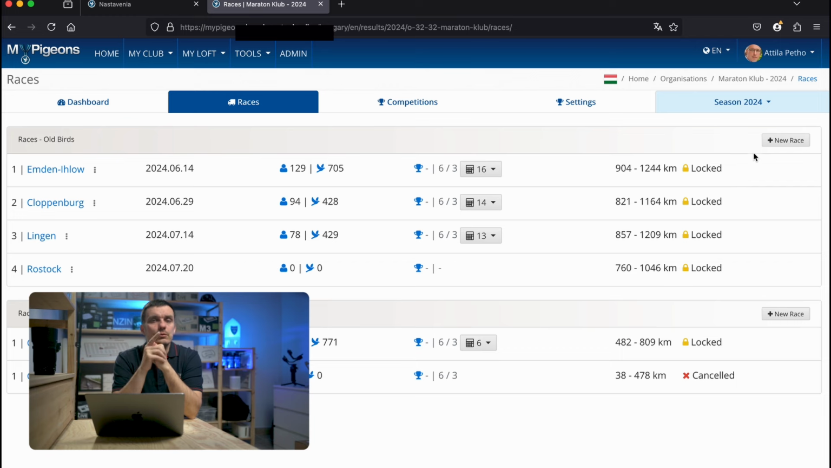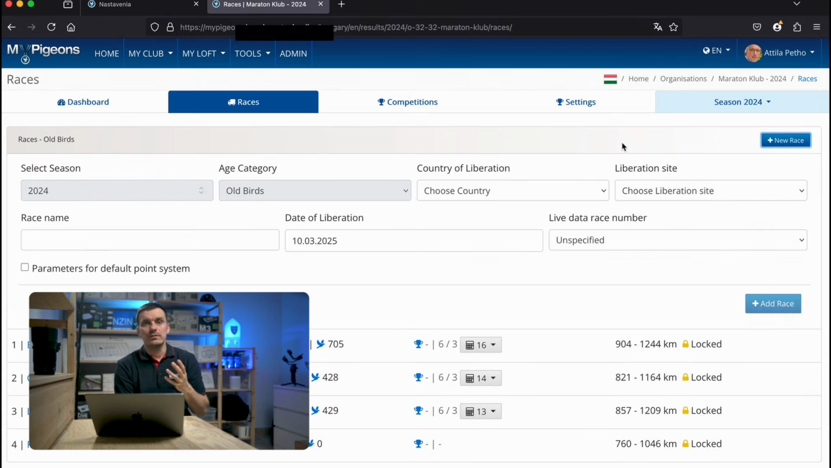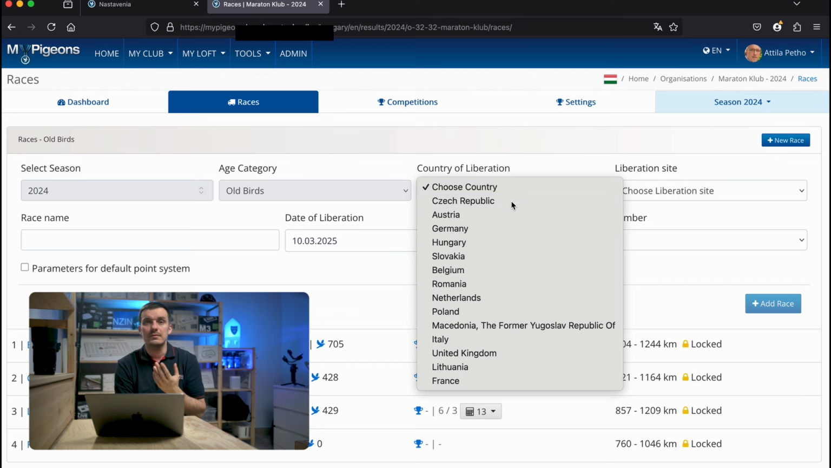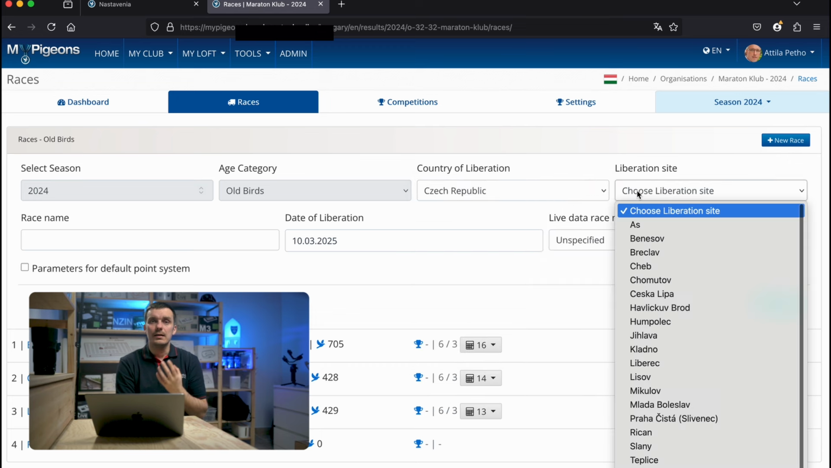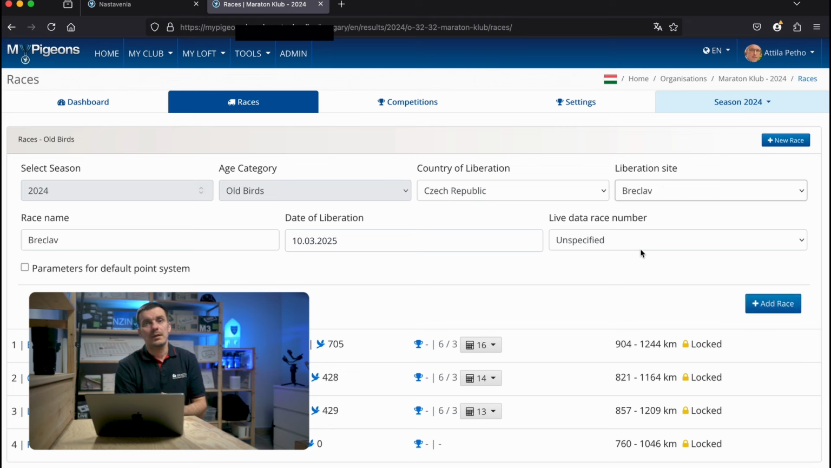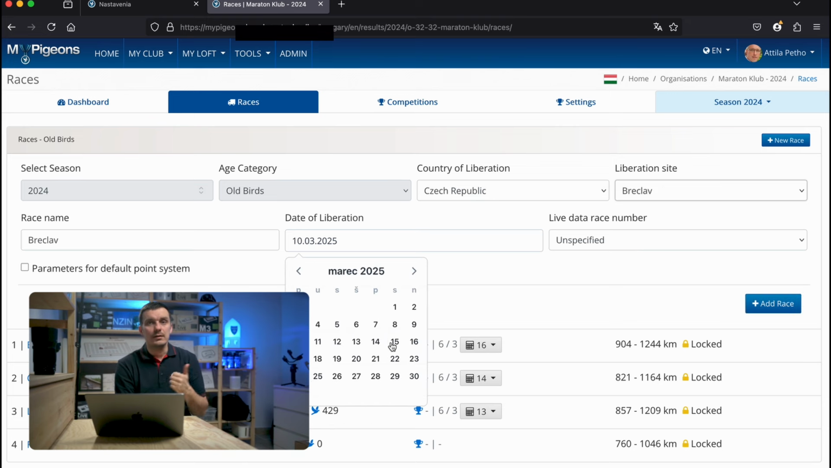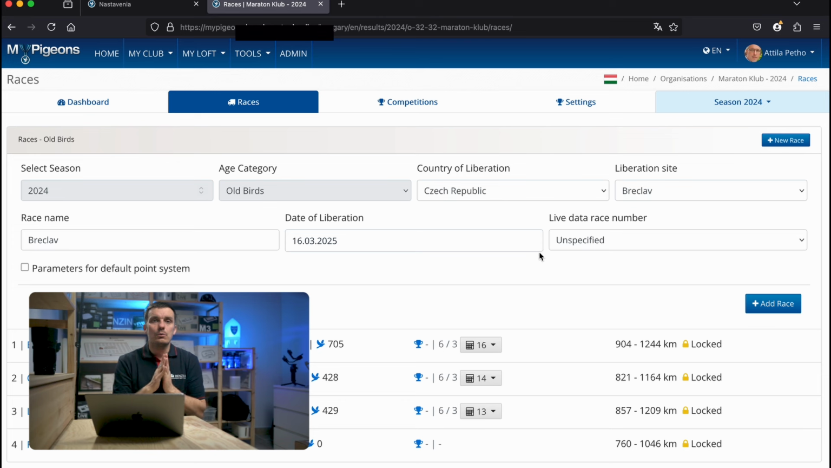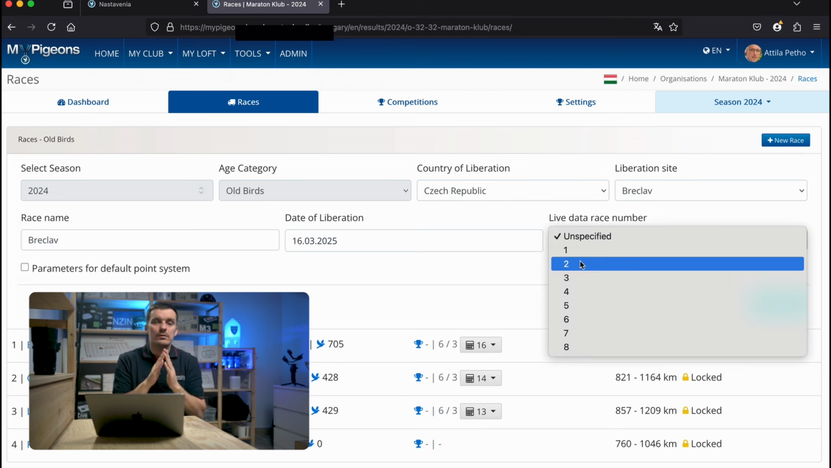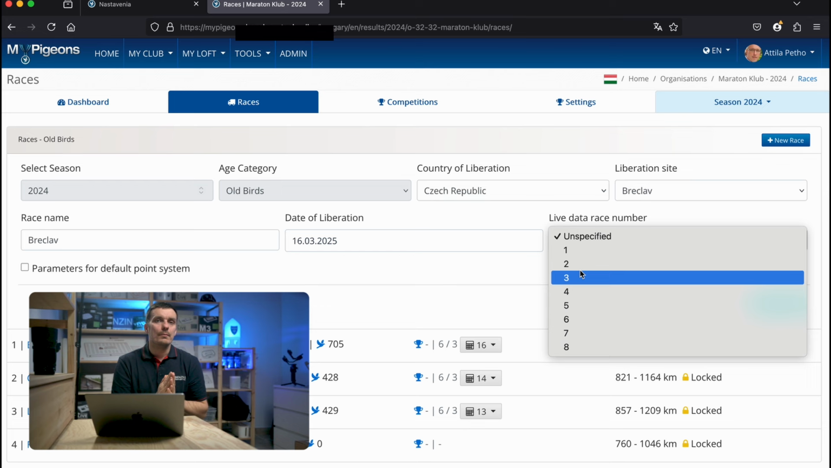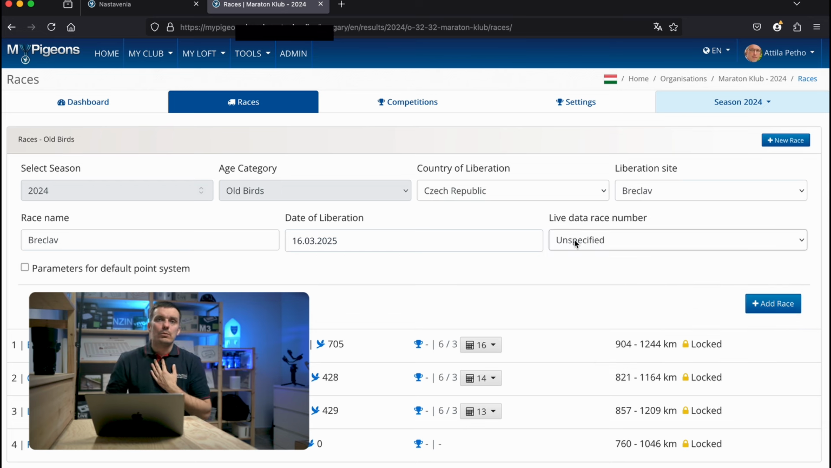With this new field, you can specify the live race number, and what this number does is tell MyPigeons how to auto-connect live races in the event of a multi-race weekend. So if you have multiple races over one weekend, this number will help us recognize how to auto-connect races from the clocks to the club races on MyPigeons. My recommendation would be to leave this unspecified in case of a single race event over a weekend, and specify it only if there are multiple races over a weekend, and you would base it on your preferences or your agreement with